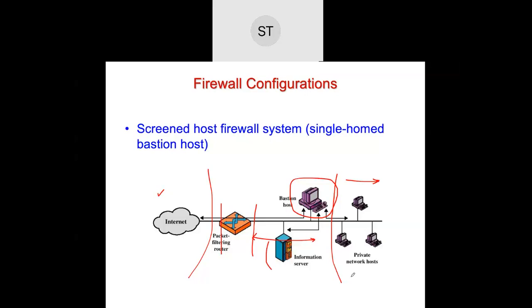What is this area called, because there are two firewalls? One is for the authentication, one is for the packet filter. The area between these two is, anybody? This is the demilitarized zone,